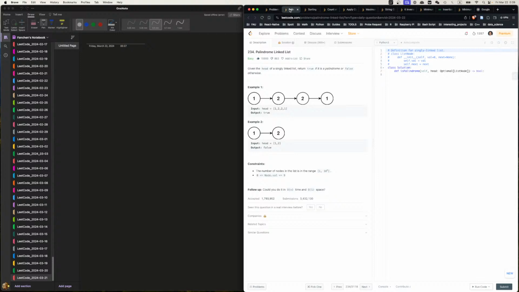Maybe we can recursion it. We call a function for a node, which will return the last node. It's not really the last node, but